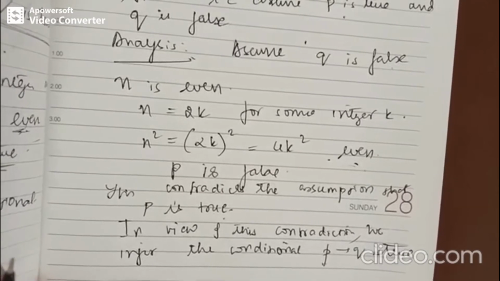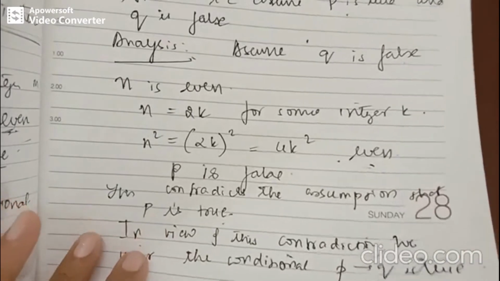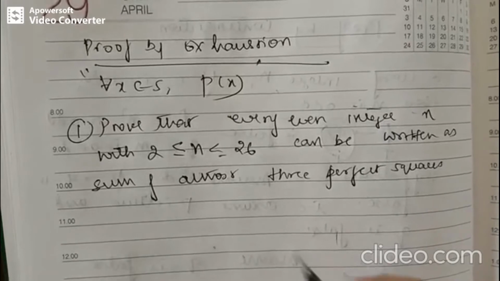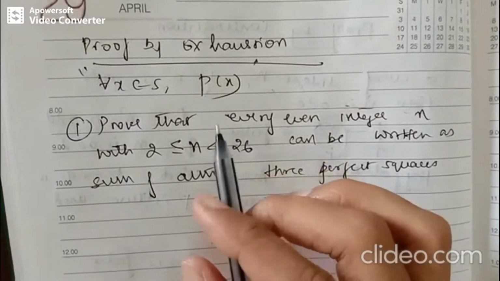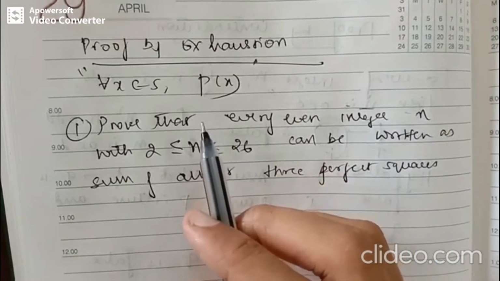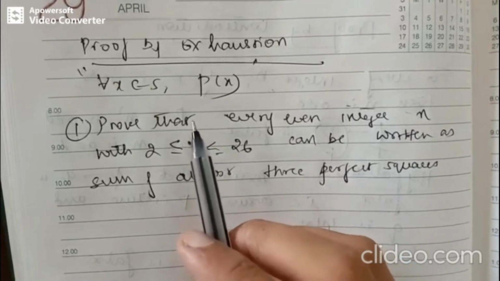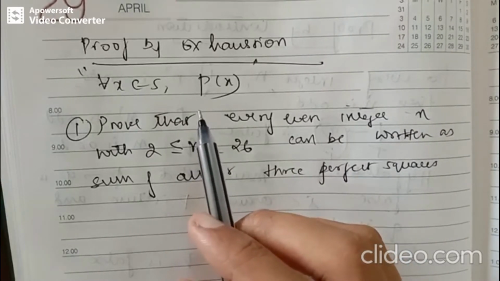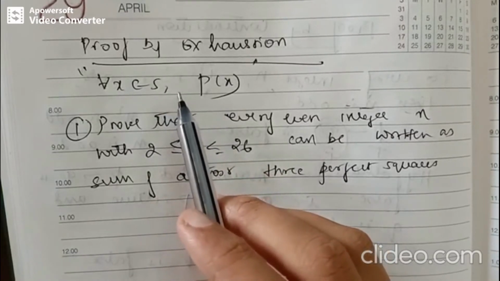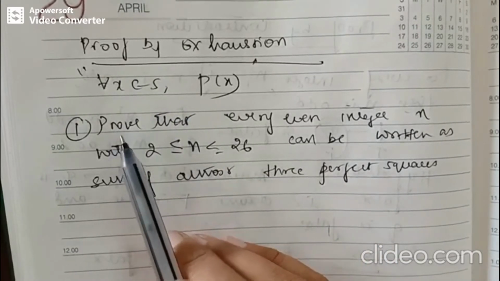In the next video session, you will see other kinds of proofs. So in this video presentation, let's see other methods of proof. I've already discussed proofs like direct proofs, indirect proofs, and proofs by contradiction. So let's see two more proofs, that is proof by exhaustion and proof by existence. After discussing these two proofs, let's see two methods of disproofs, that is disproof by contradiction and disproof by counterexample. So let's take a particular problem.